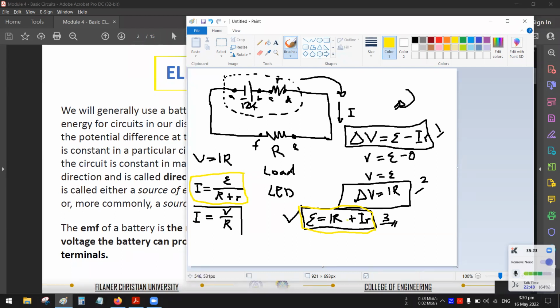So if we multiply these two, we can have, so cross multiply lang na siya, diba? So we can have IE, or current times the electromotive force. Okay. That is equal to I squared, diba? Current squared times R